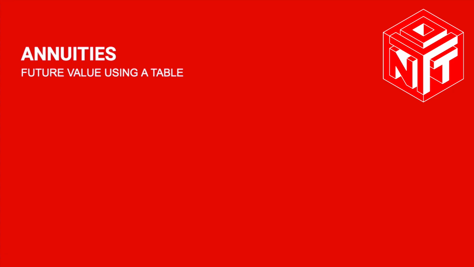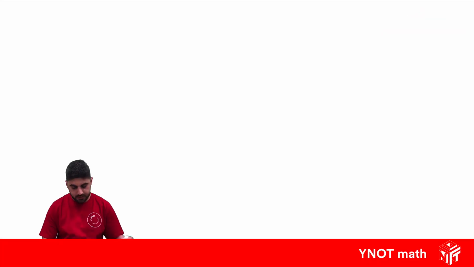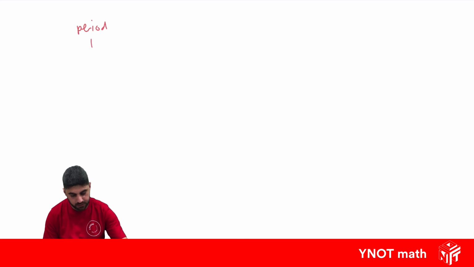Future value using a table. So we can use tables to find the future value of an annuity more efficiently if we are given the table. So the table we're going to get is going to look something like this, where it's going to have a period down the side, like 1, 2,